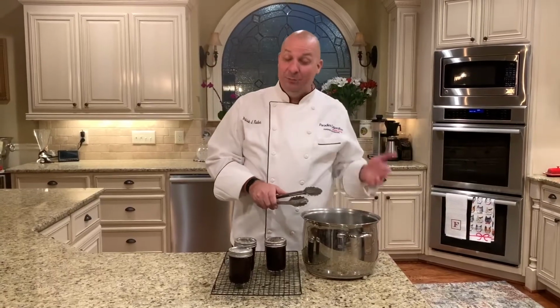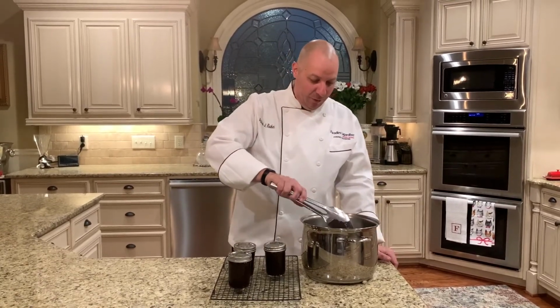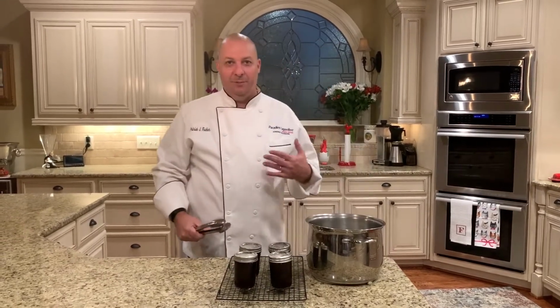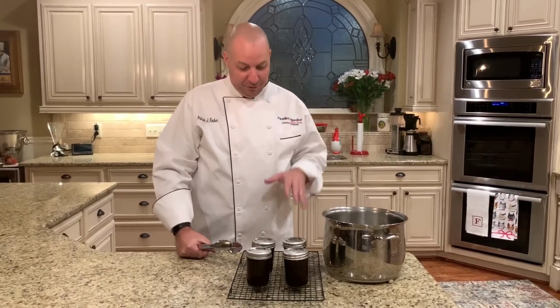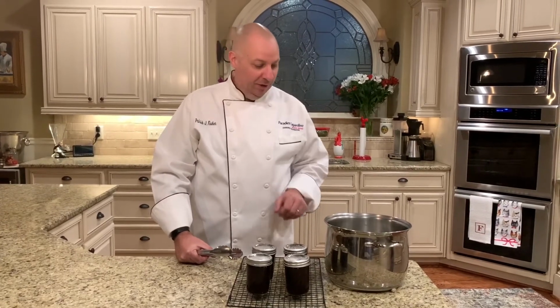All right, so it's been 10 minutes. Jars have been processed, so we're pulling them out of the water now. It's important to put them on a wire rack, this way you get some nice air circulation around them. All you have to do is let these sit out at room temperature, probably about 24 hours. At some point you're gonna hear a little pop, and that'll be the lid telling you that you got a